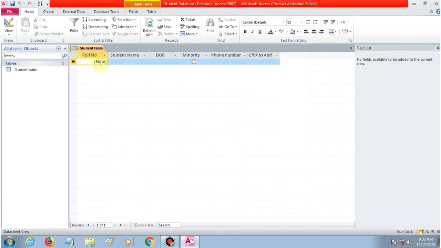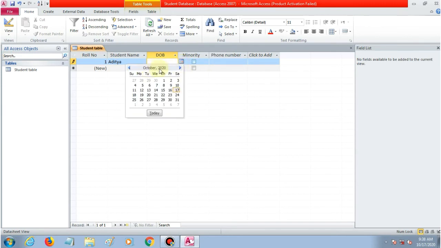Now don't give any value in roll number because it will take the values automatically. Write the name here, then from here you can select the date of birth, or you can write it here.